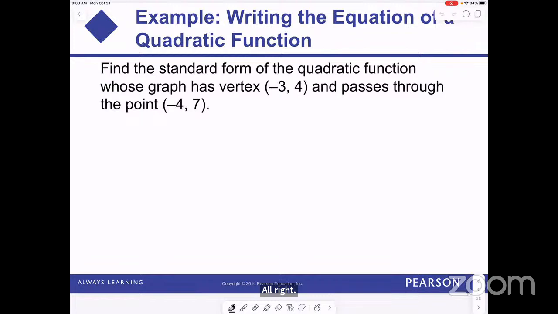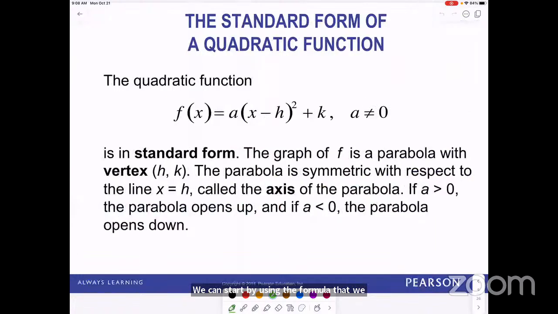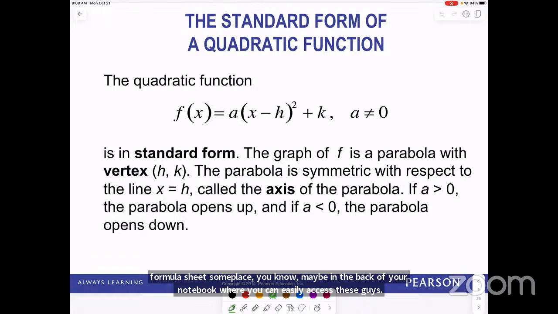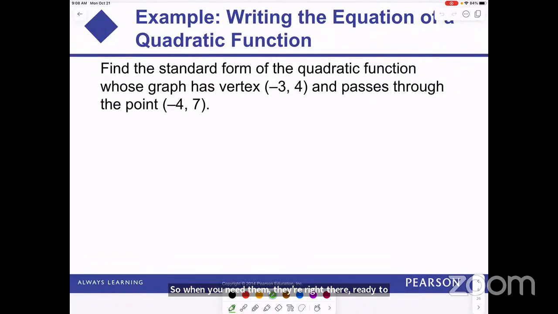All right. So we can start by using the formula that we had on the previous slide. If you have a formula sheet, it's a good idea to go ahead and add this to your formula sheet someplace, maybe in the back of your notebook where you can easily access these guys. So when you need them, they're right there ready to go. So the standard form of a quadratic,